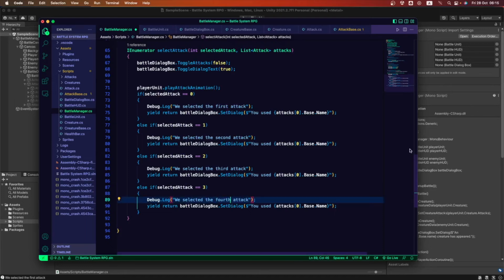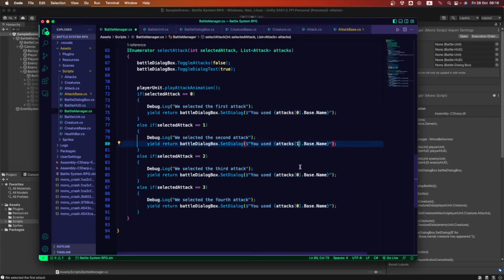Great. So now we want to decide if our animation performs right when we click the button or after we get the message of the attack that we selected. So we're gonna see how it looks inside the engine in play mode, and we're gonna decide that in a bit. Okay, so let's change up these numbers here.